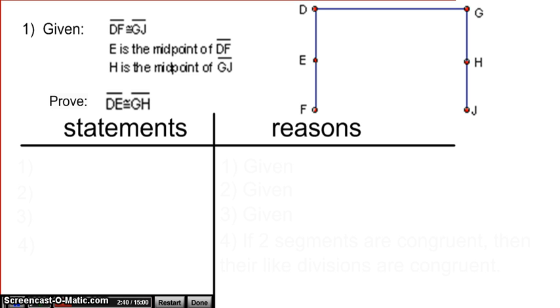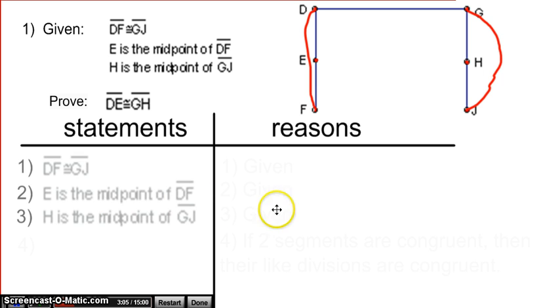In a proof, some of these proofs will be short when we're talking about multiplication and division initially. In this particular proof, we have that the entire segment on this left side, DF, is congruent to GJ, and we have a midpoint on each side, which means that we are going to be able to cut each of the segments in half on each side. We first start with our givens,